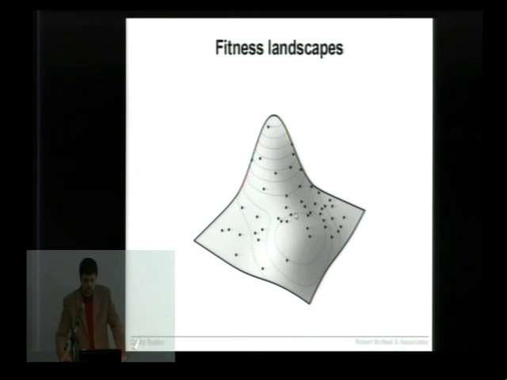So we begin with just a random population of individuals on this surface, and we take the fittest ones, so we discard the ones that are not fit. These are the ones that get to mate, and you can already see here that there's 2 subpopulations, one on this hill and one on this hill. So if they mate together, you'll get children somewhere inside this area here. And again, the border is not sharp, it's fuzzy because of mutations. But eventually, we expect children to slowly climb up the hill here until they reach the summit.